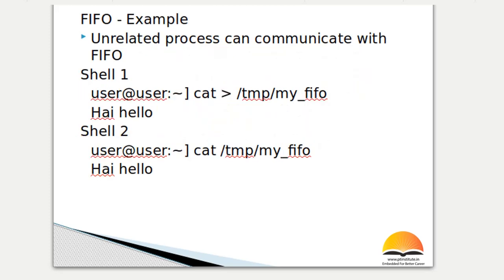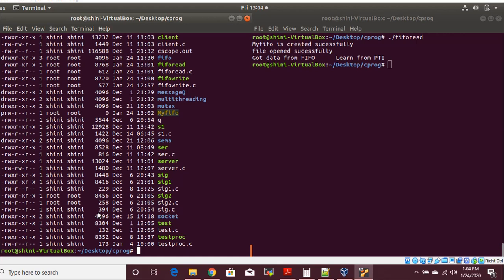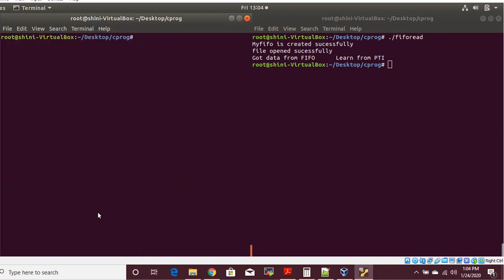So here we have another method. Once we have created the FIFO file, we can read and write directly through the cat command. We can open two shells, and in one shell we can write into that FIFO file, and in the other we can read it. So here we have two terminals.